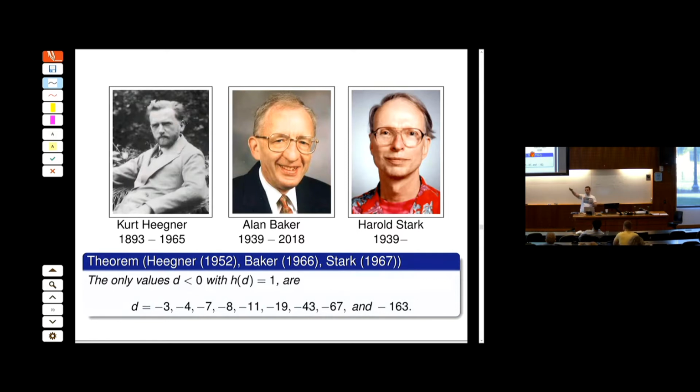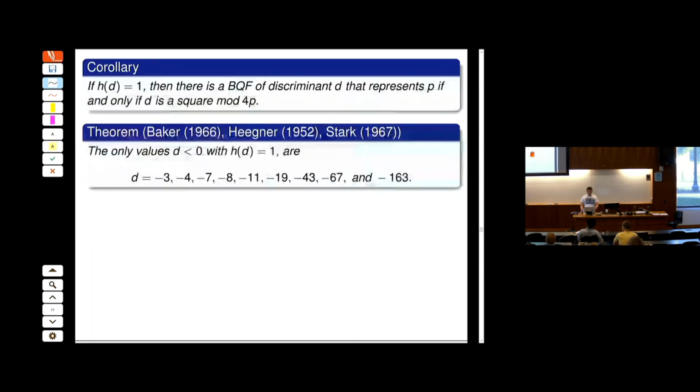He proved, or he conjectured I think, that the class number would grow, so he knew there would be some finite lists. So here is the full list. Only when d is minus 3, minus 4, minus 7, minus 8, minus 11, minus 19, minus 43, minus 67, minus 163, the class number is exactly 1. But for those cases, we have our corollary that if h of d is 1, then